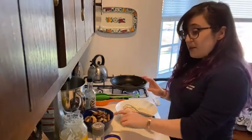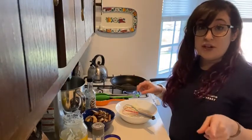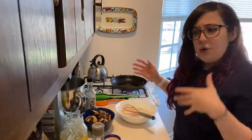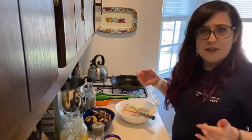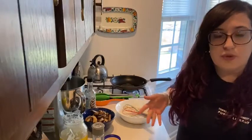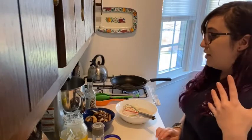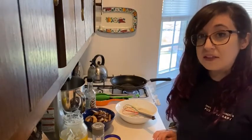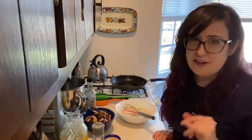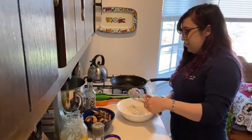The other thing that we have in this recipe is mushrooms, and I am known in my family for not being a fan of mushrooms, but I did use them in a recipe on here like once before. I once dated somebody who was also kind of on the fence about mushrooms, but we cooked together a lot, and I got him into eating a lot of vegetables and Brussels sprouts and roasting things and vegetables tasting really good, so we tried mushrooms a couple of times, and we don't hate them. They're just not my favorite. I don't know, it's like texture, flavor, weird memory thing. Long story. Anyway,